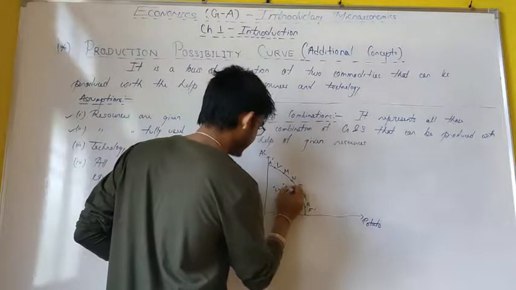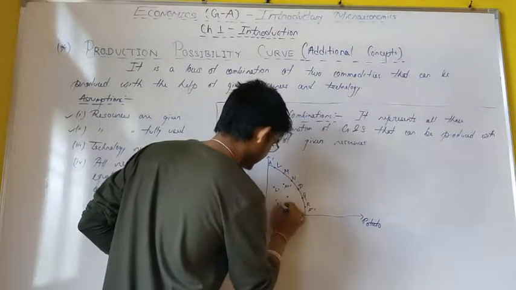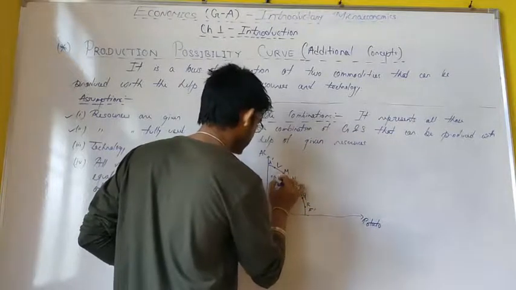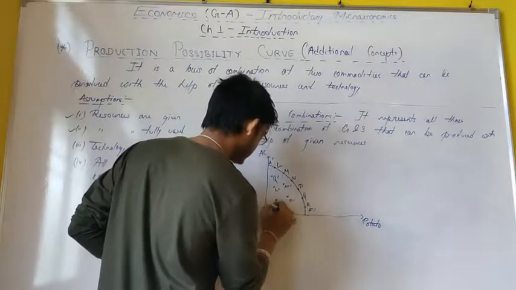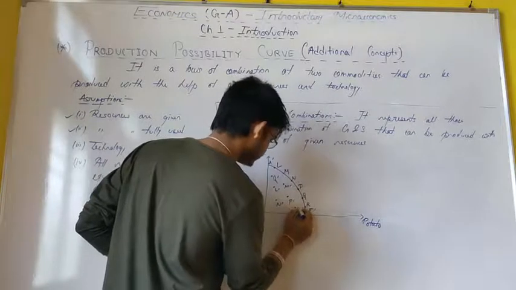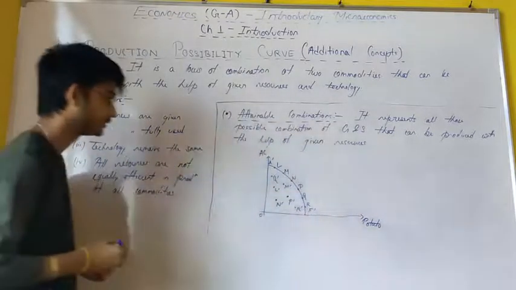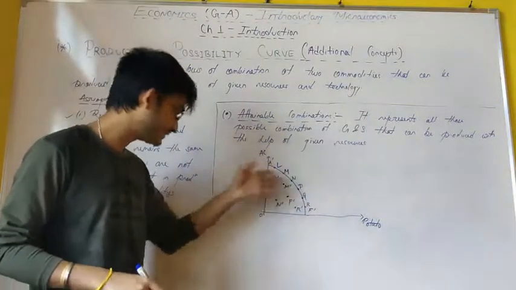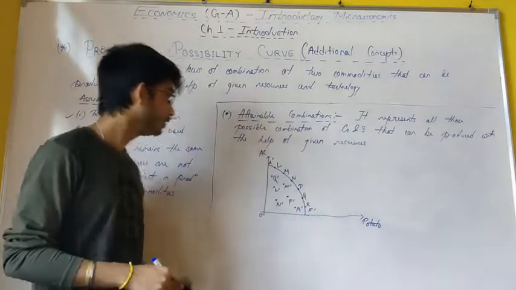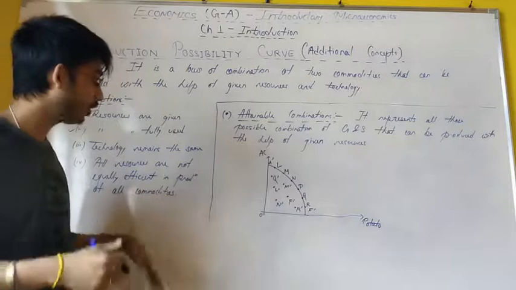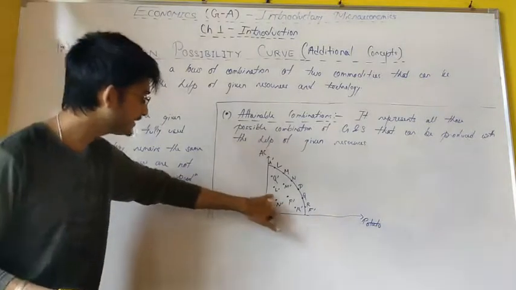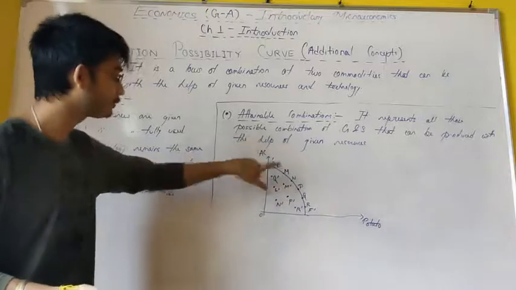L dash, M dash, N dash, P dash, Q dash, R dash. So I can give various number of points inside the PPC as well. So basically, my dear students, all those points which are lying inside the PPC as well as all those points